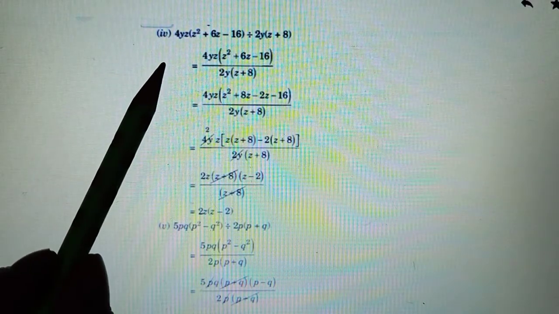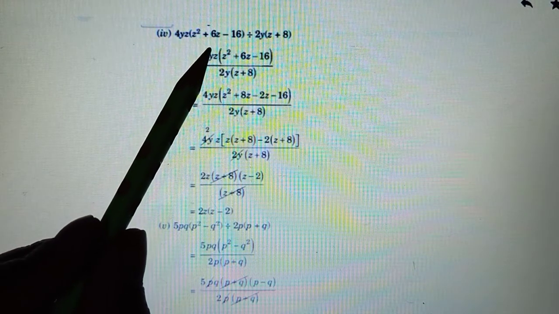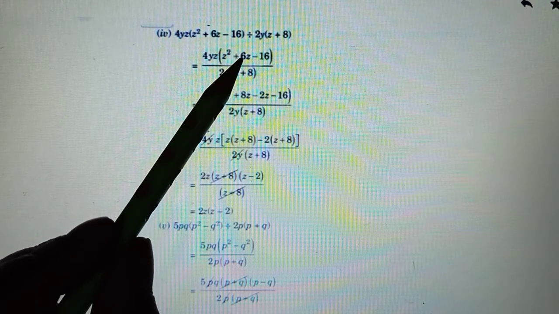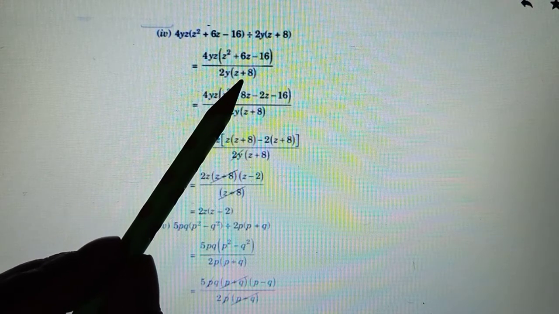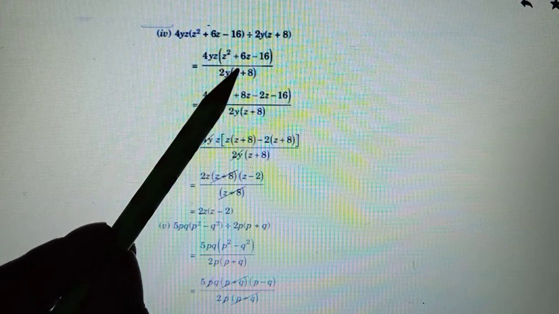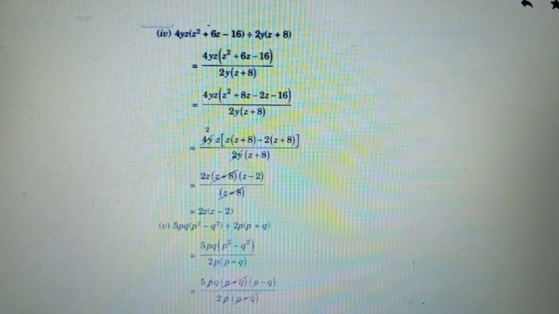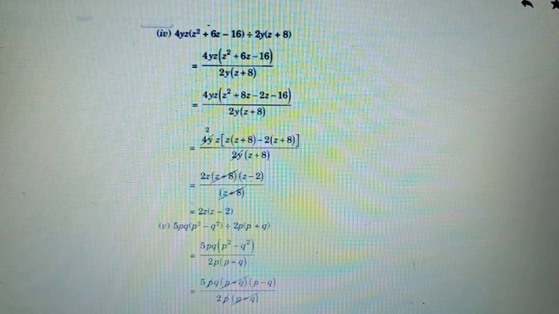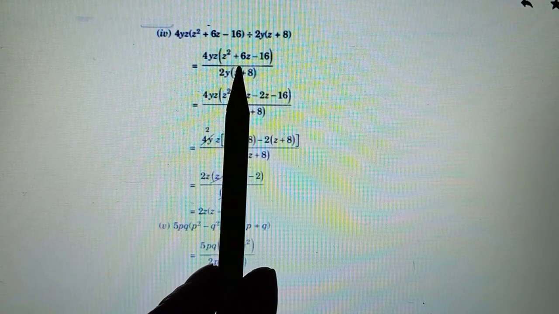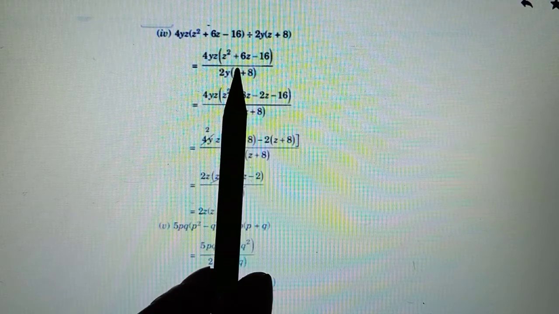So you had a 4xy there, and z square plus 6z minus 16 to be divided by 2y upon x plus 8. So again, the y is getting cancelled, the 2 and 4 also, but this factor is not getting cancelled, so for that we will factorize this quadratic, right? Okay, so if you are factorizing that, then factors of 16 to give you plus 6. So 8 2s is 16, and plus 8 minus 2 gives you plus 6.